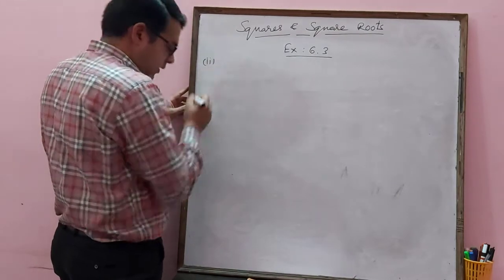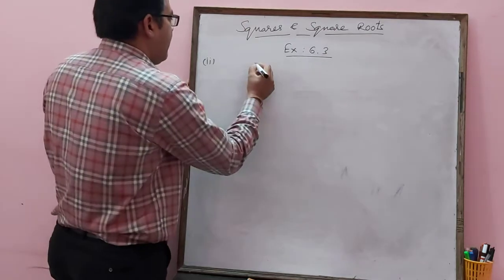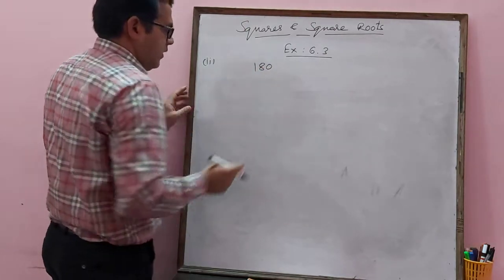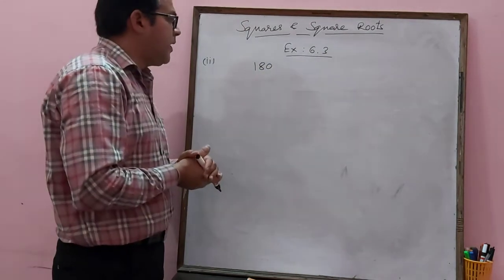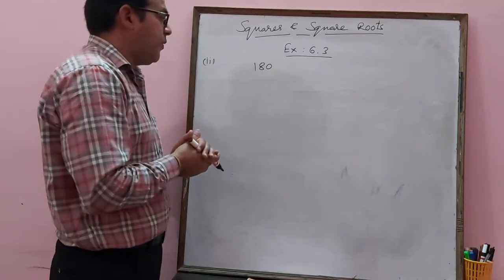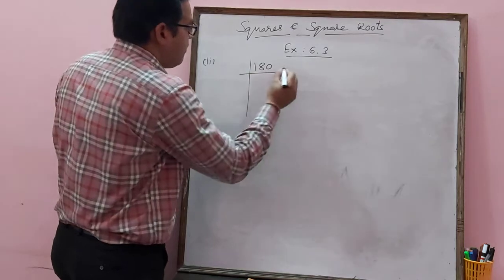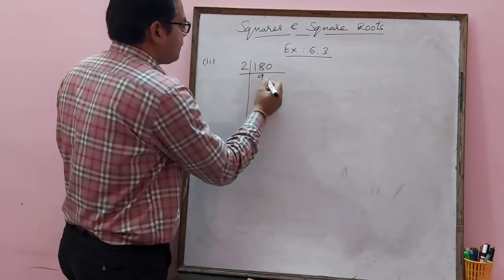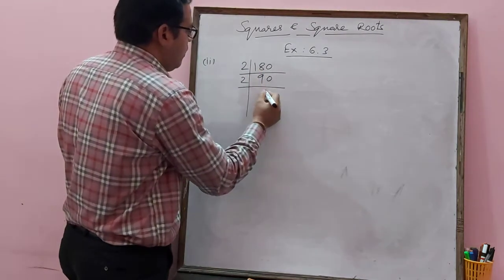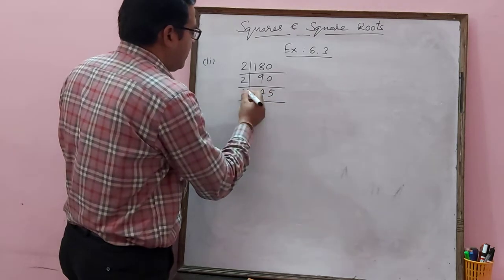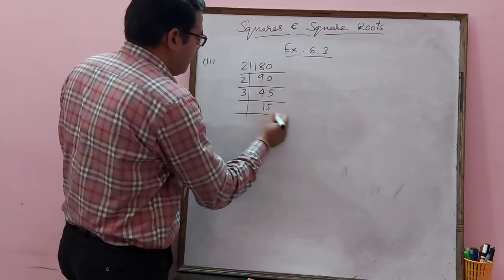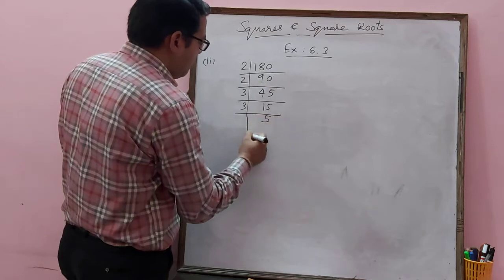Second part. 180 is given now. By which number should we multiply 180 to make it a perfect square? It is not a perfect square, so we need to take prime factors. Divide by 2, 90 times; by 2, 45 times; now by 3, 15 times; again by 3, 5 times; but now